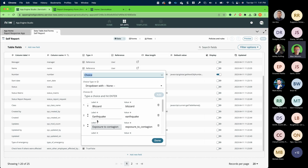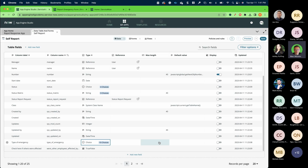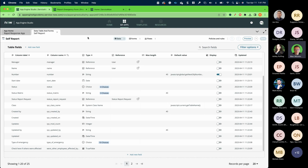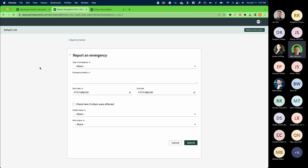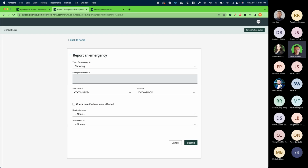So I'm going to click this one, and let's go ahead and enter, let's say there's a shooting. I'm going to add this one, and we're going to move it up a bit. Click done. We're going to save this record, and I'm going to go back to my portal and refresh that page. Let's look at the type of emergency, and I can see now my shooting. All right, so out of the box, we have the form and the tables to capture the most common types of emergency. If you want to add yours, details here,